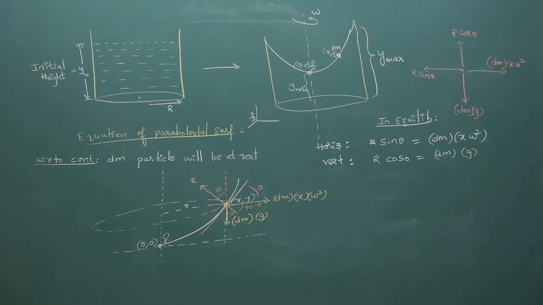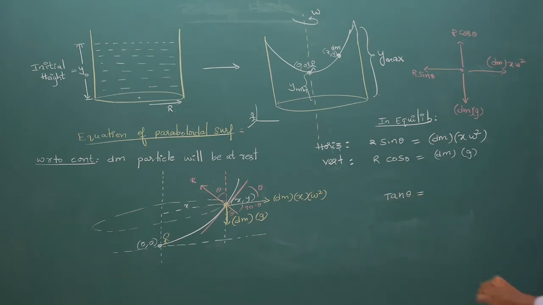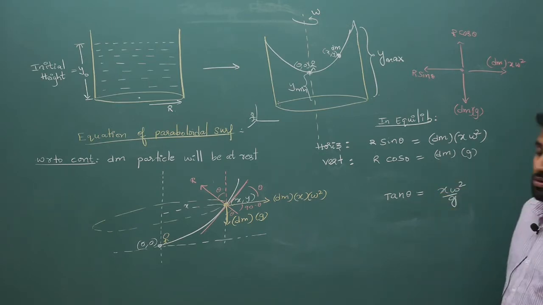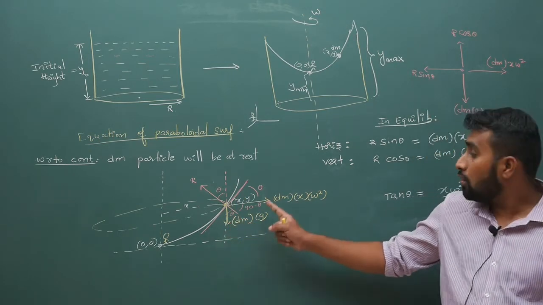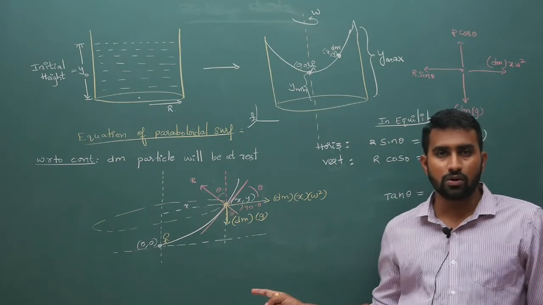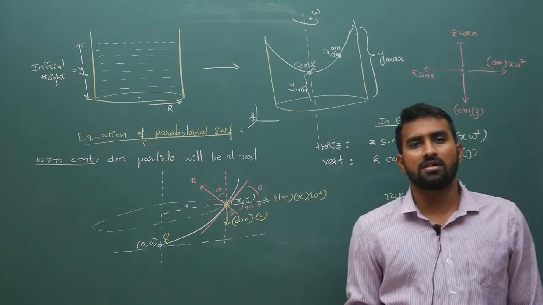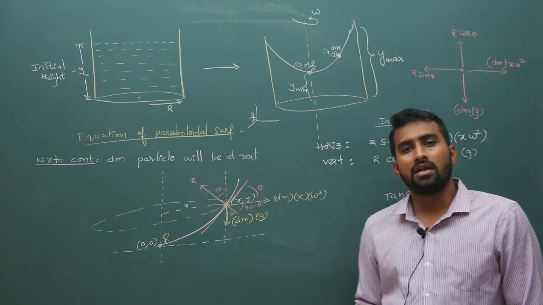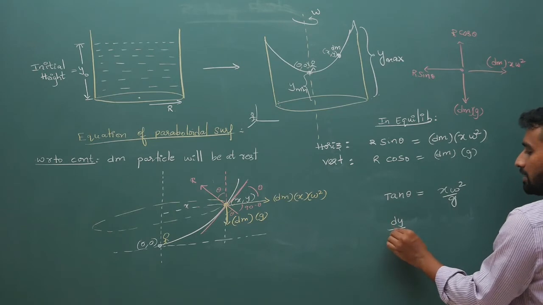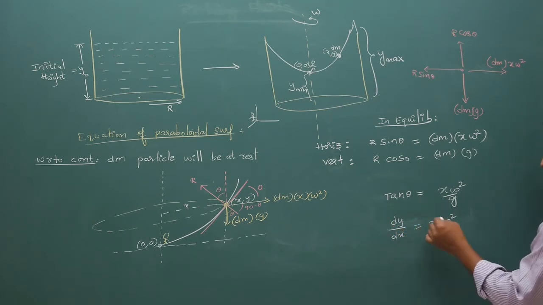So if I do that, sin theta by cos theta is how much? It is equal to tan theta. Tan theta is equal to x omega square by g. Now what is tan theta? Slope of tangent, right? Tan of angle with x axis will give you slope of tangent. Geometrically it is given by dy by dx. In maths, dy by dx is tan theta, slope of tangent. So your dy by dx is equal to x omega square by g.